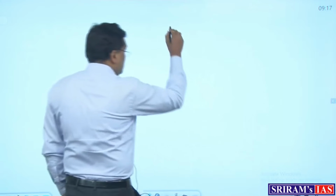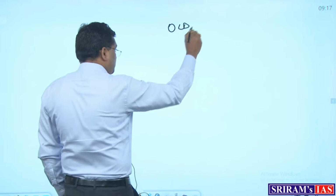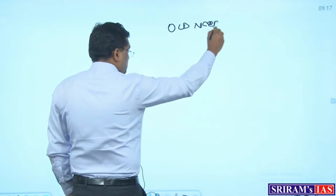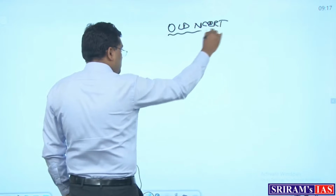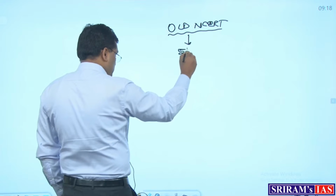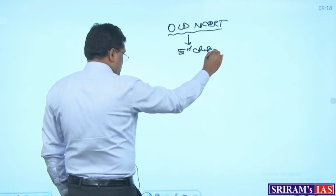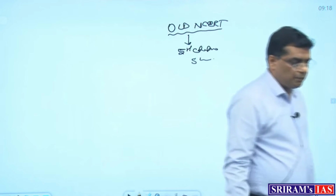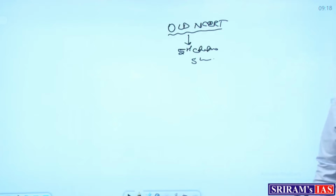Old NCERT. If you don't have the PDF, then ask me and I will provide it, or if you can find the book, then it's okay. Old NCERT, we will follow the 5th chapter, which is Stone Age. 5th chapter, this is Stone Age, 11th class. We will study very less,